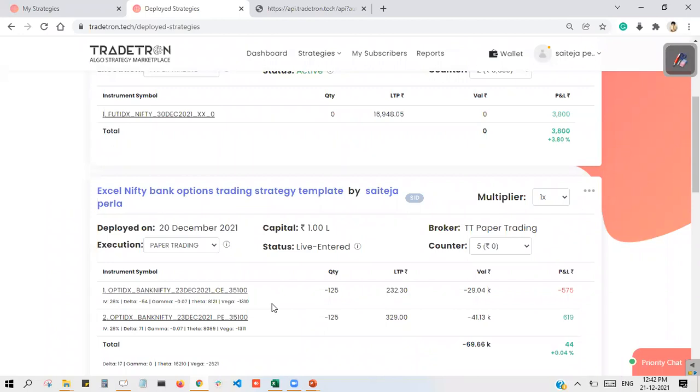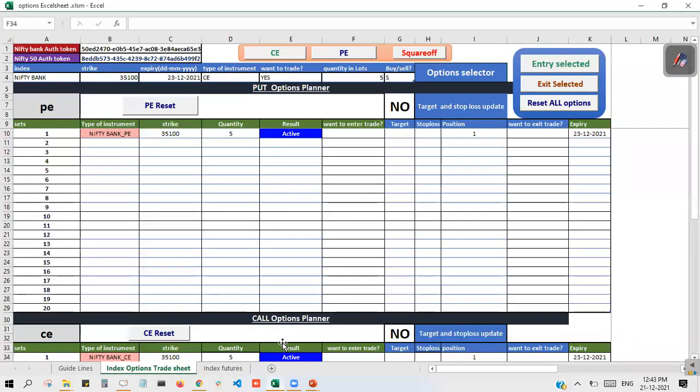For Nifty 50, I want to place a strike of 16,500. Let us take 16,500. Let us go to this option sheet here. Now I will select Nifty 50 options. Now what I want to do is hedge my positions first. In order to save myself from margin errors or margin kind of things, I will buy the options first.